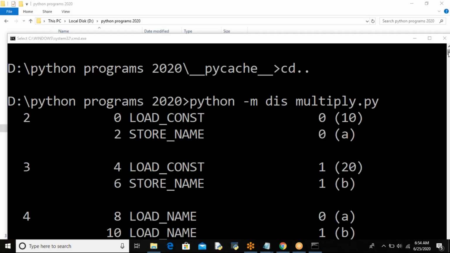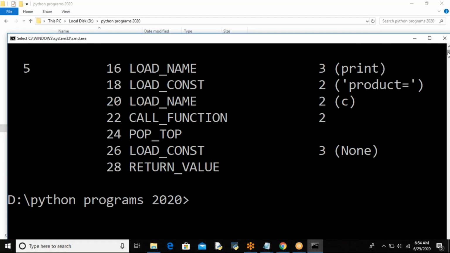We need some variables to store some data. And you are calling, see here what happens. It is taking the C value, performing a function. What function is it doing? The multiply function, and finally it is returning the value. That result you are getting. This product is equals to, this is one string, right?